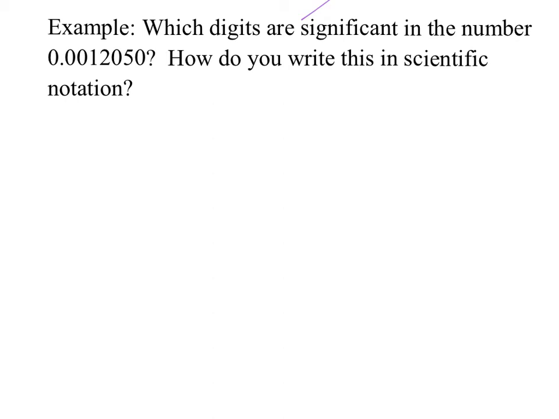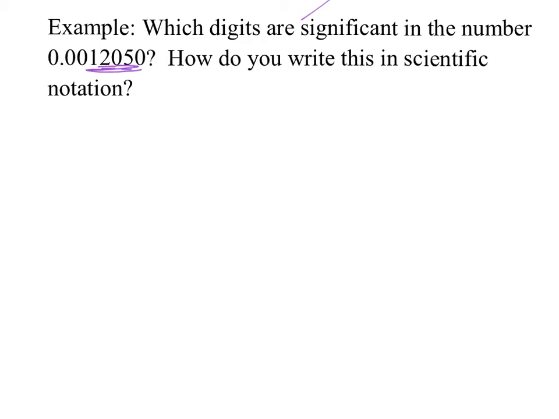Rule number 3 says the zeros in front are never significant. So there are these first 3 zeros right here. These do not count in determining the significance of the number, okay? All of the non-zero digits are significant, right? Rule number 2 says zeros between are significant, okay? And the last rule, rule number 4, said the zeros at the end are significant if there's a decimal point